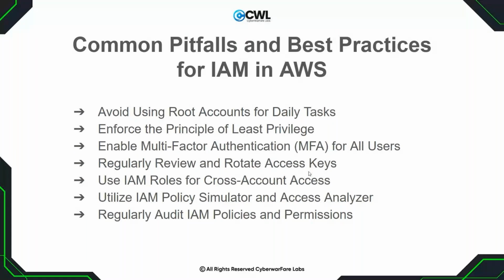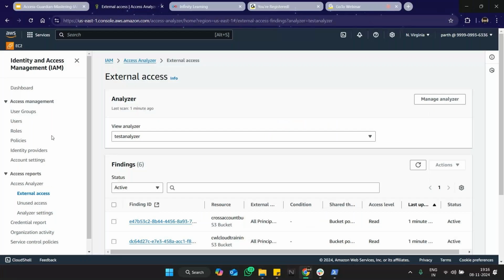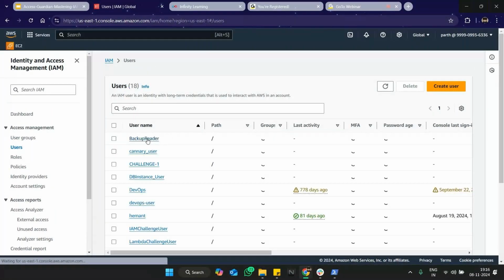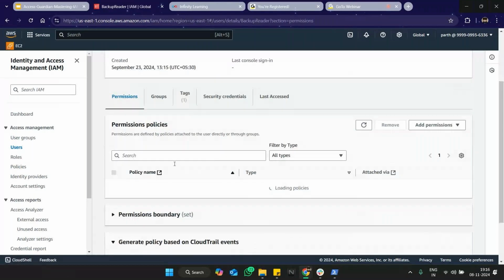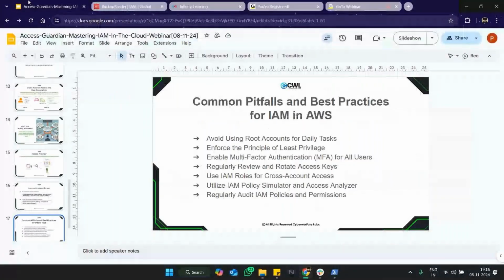Okay, let me show you how you can do that. So let's move to the user. Let's say this backup reader. For this particular backup reader, we can create the credentials from here, access key. So periodically rotate the keys: create new access keys and delete the existing keys. Okay, then